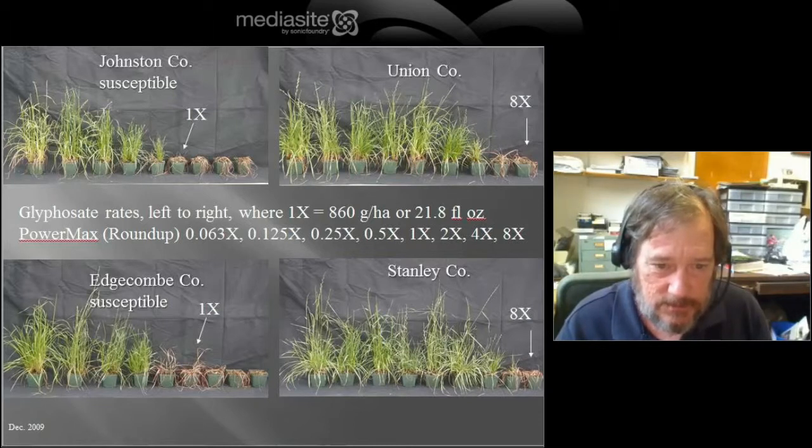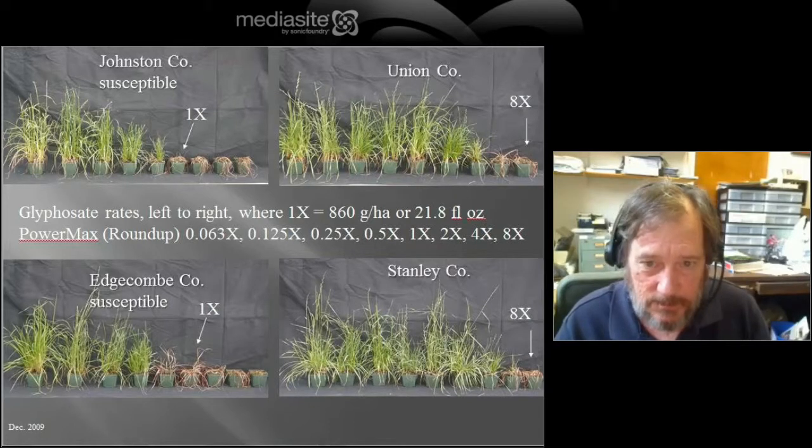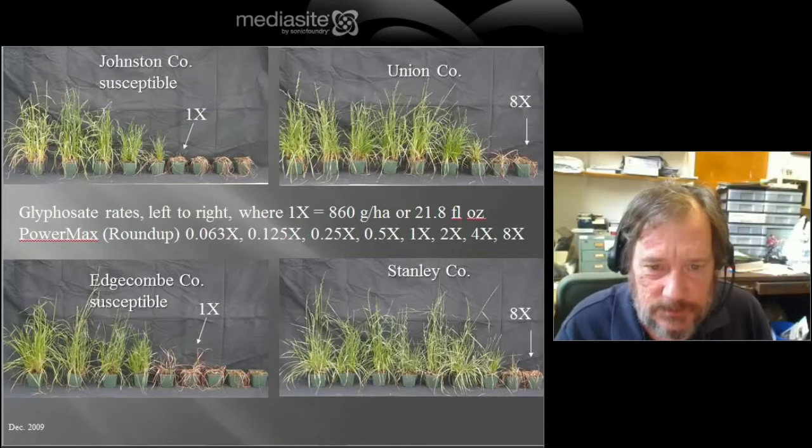And in that case, you could kill the ryegrass with a 1x or a recommended rate of Roundup. Whereas the resistant ryegrass, you needed to use very high rates to kill the ryegrass. So certainly that would not be economical, and people would not use those higher rates, and it would be off-label. So people don't do that. This was a research project. So this ryegrass,